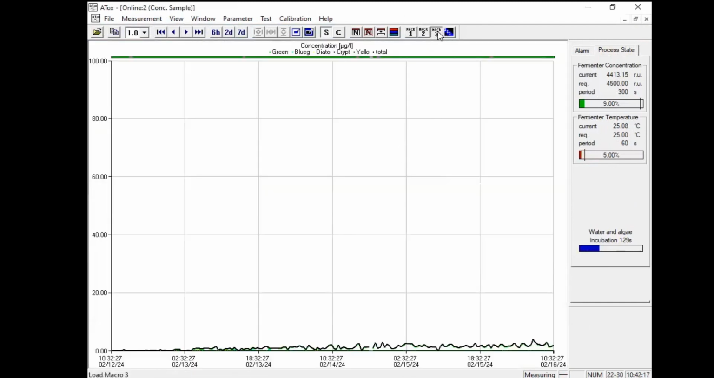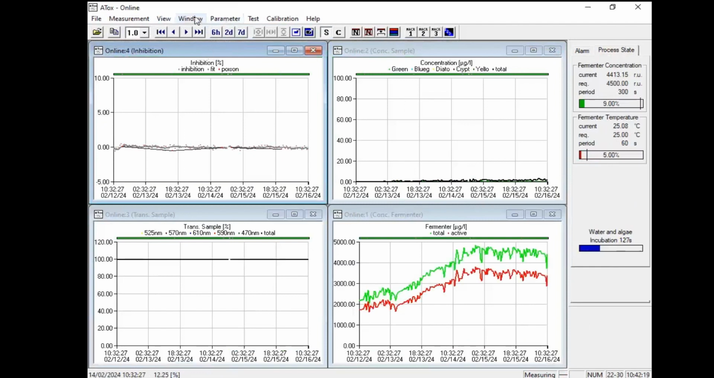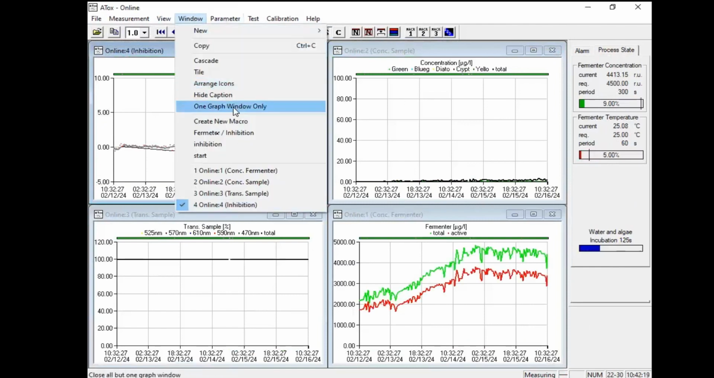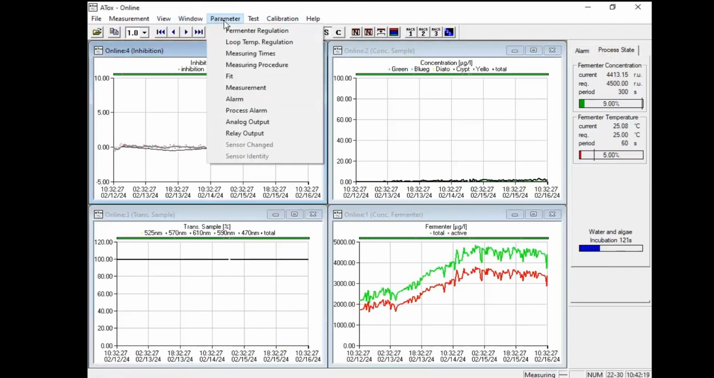Okay, that's more or less what I can tell you about the windows. Now, this is for the instrument. Now we are getting to the most important, the control